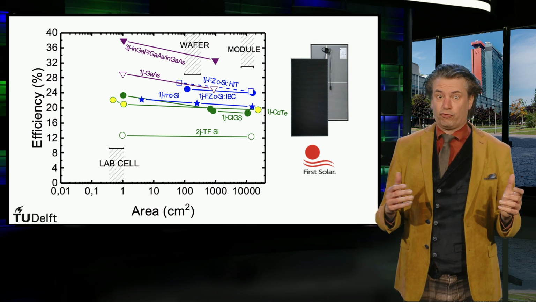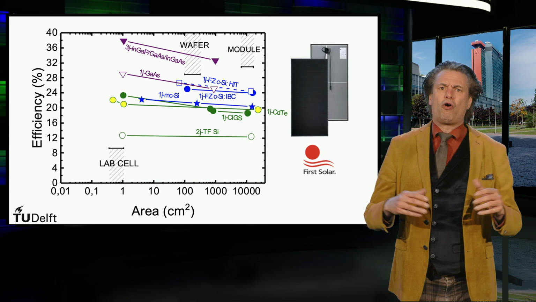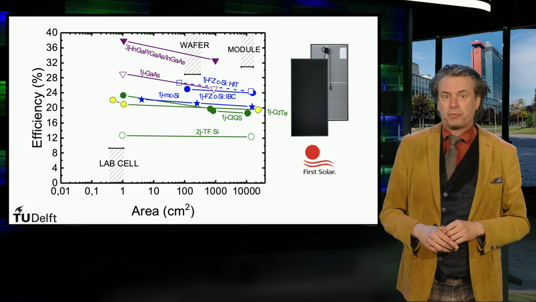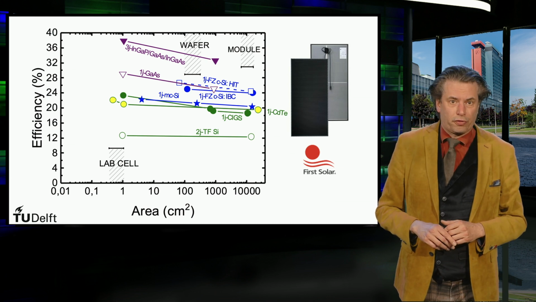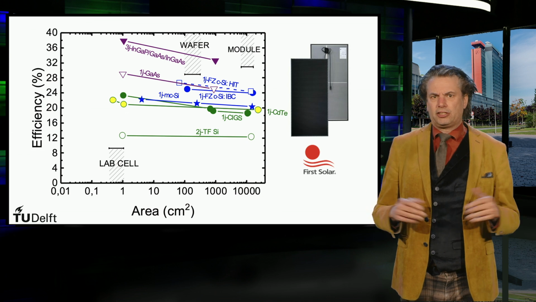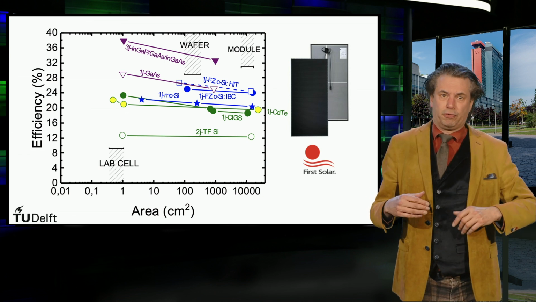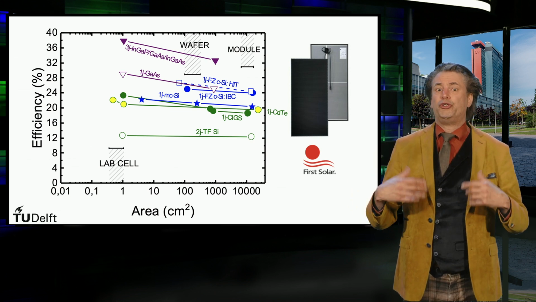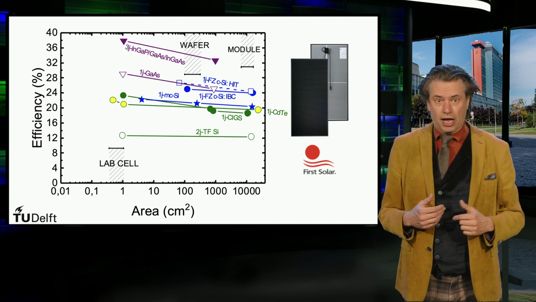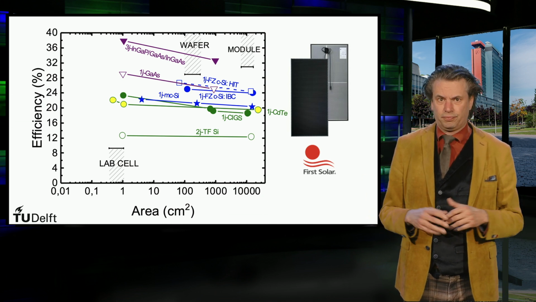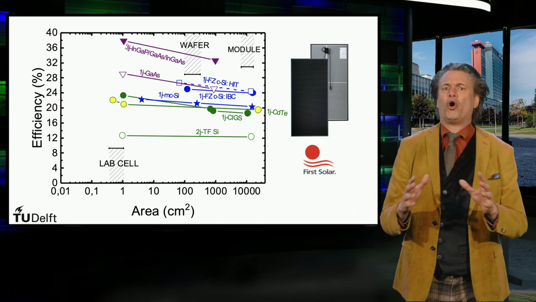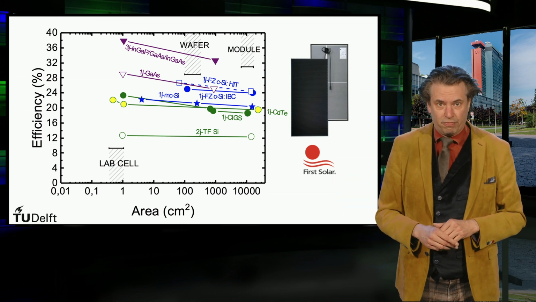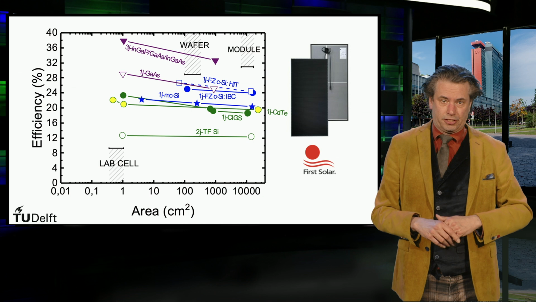The module with a size of 1.4 square meters is 4 orders of magnitude larger and has an efficiency of 12.3%. This represents a small loss of about 0.4%. This demonstrates that the processing technology of thin film silicon PV technology is very mature. The thin film silicon processing methods are used for other industrial applications like large display technologies as well. The disadvantage of this technology is the lower stabilized module efficiency when compared to the other dominant thin film PV technologies like CIGS and cadmium telluride.